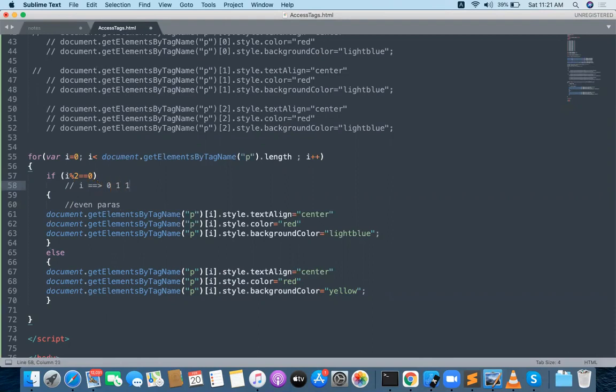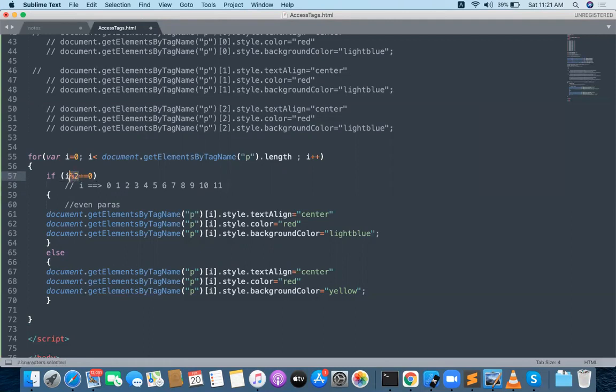0, 1, 2, 3, 4, 5, 6, 7, 8, 9, 10, 11. That's all. So that is the number of times the i value is coming to you. Each and every time, it is going to check the condition.